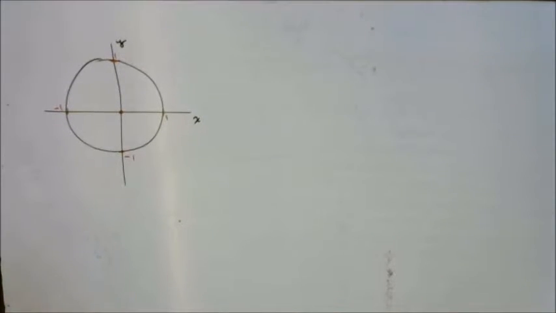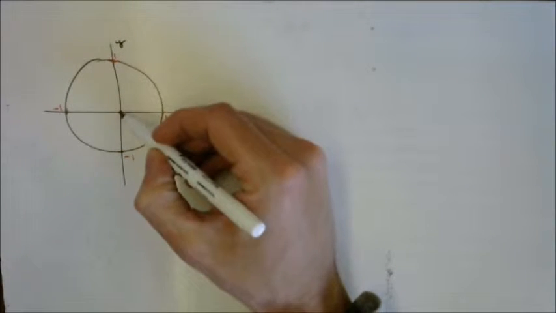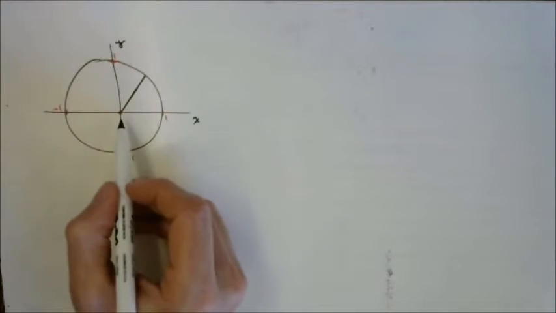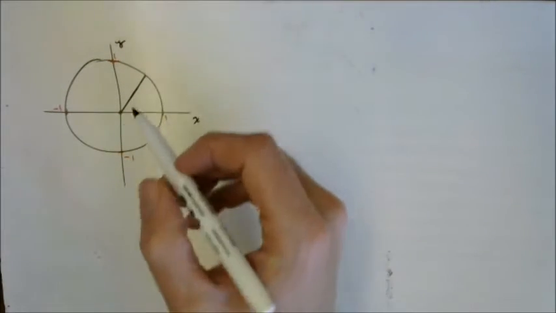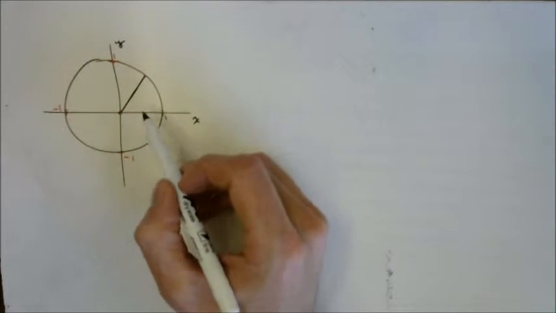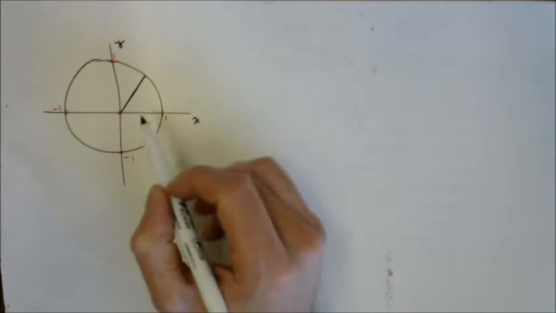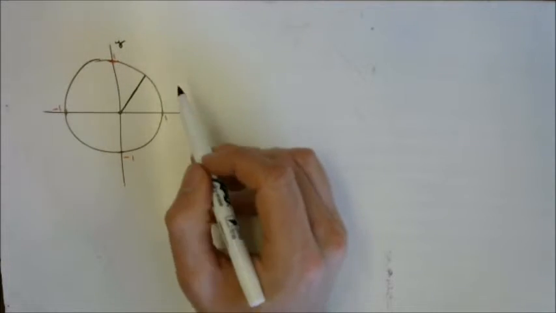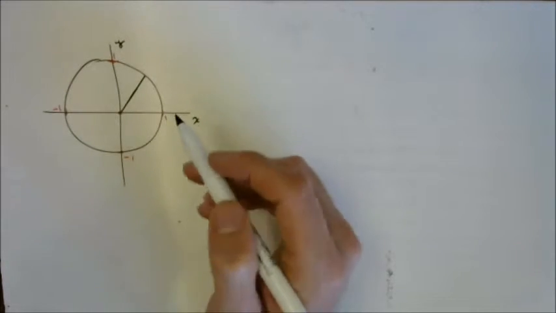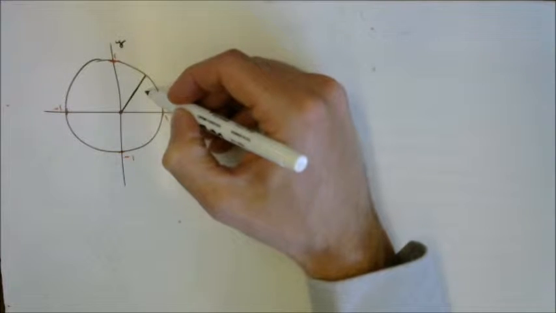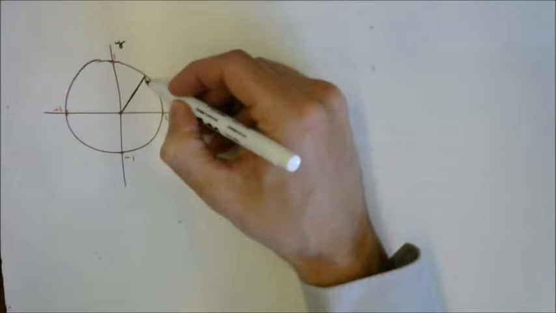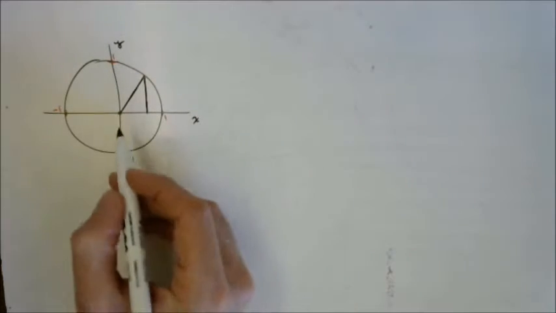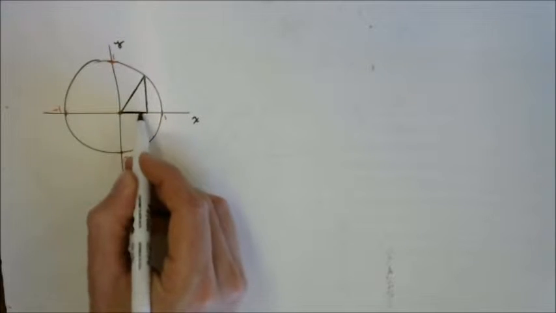Okay, the diagram that you have at the top has more than I talked about. If we look at it, remember the initial arm is just along the positive x-axis, and here we have a terminal arm, and it's 1 unit long, because we know the radius of our circle is 1 unit long. And if we took that terminal arm and used it to draw a right angle triangle inside our unit circle, we'd end up with what you have in the diagram,